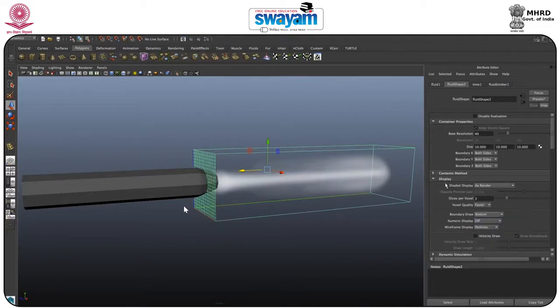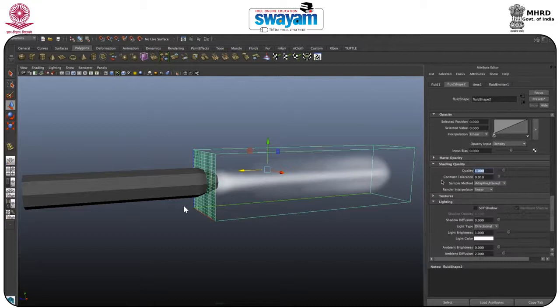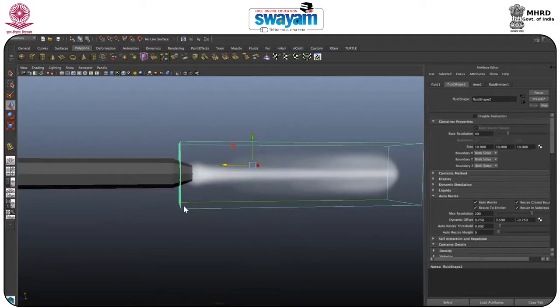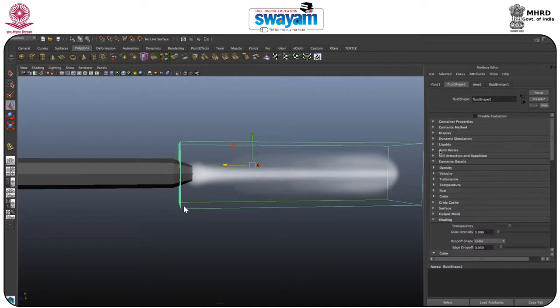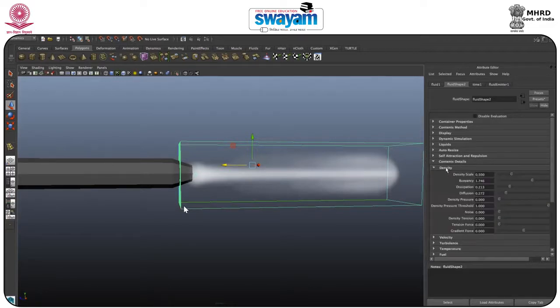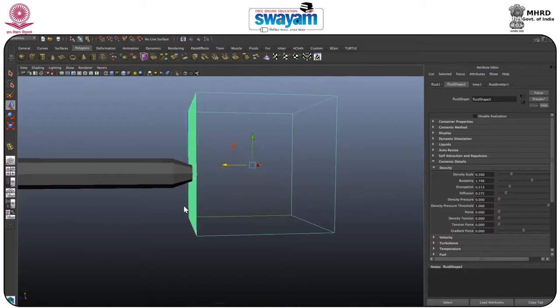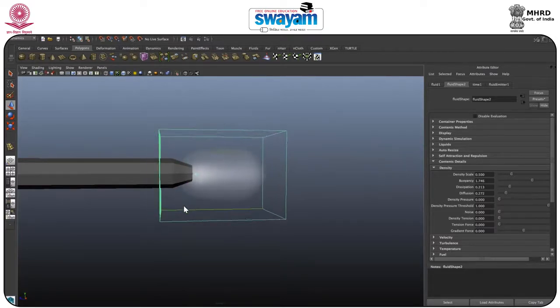But I need it, so I will just put it here. Okay, so now what else do we require? Just turn all of this off. If you find the sub panels, it will highlight in a darker color, and you click and find the particular sub panels that came inside. So we'll go to the density, and in density we have the diffusion. As we have increased this, now if I go to front, I need so much more